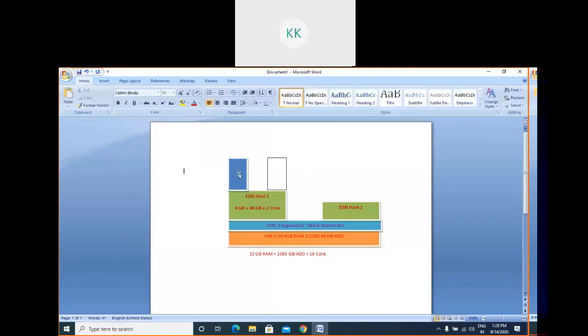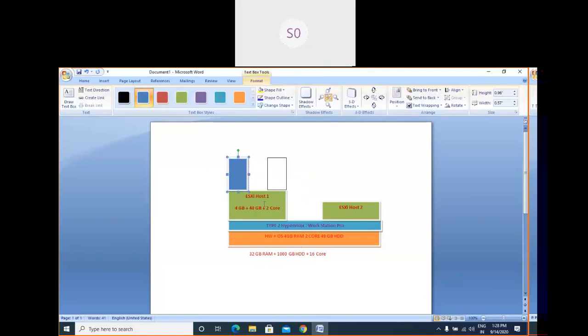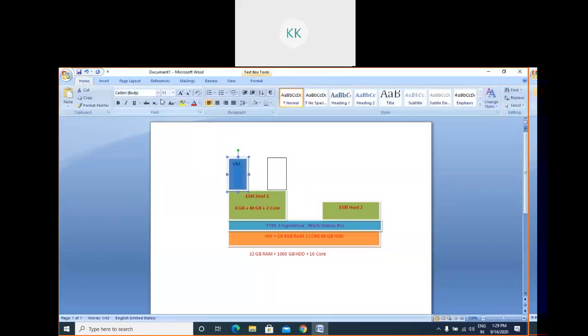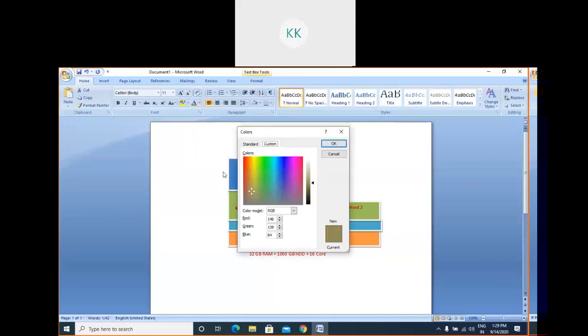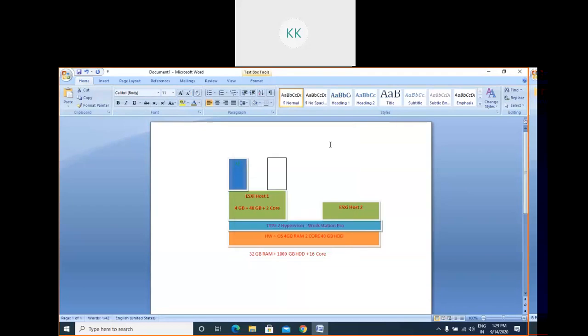Please understand the scenario that I'm telling here. Now you should be able to give me the answer. From this scenario, please give me the answer: is it possible or not? First of all, please understand the scenario. I hope I have told this at least more than 20 times from the beginning of the class. Some of you may get bored: why is sir telling the same thing again and again?